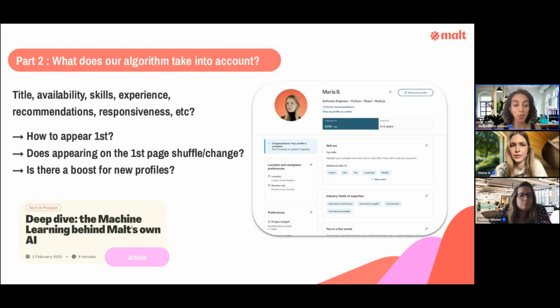And indeed, when you're a new profile, what happens? Well, first, complete your profile. I guess it's really the number one advice we can give. Because indeed, as a new profile, you have a boost. So for almost 3 weeks, you are boosted on the platform, so we make sure that you will be shown on the top. Because of course, among the criteria to show profiles, as said, we have the ratings. So if you already did projects on Malt, and we also have the Super Malt program for fidelity also. Camille is going to talk about it later. So of course, as a new profile, you don't have this yet,